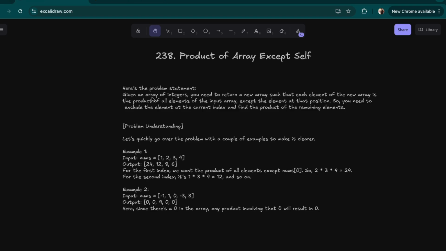We need to return a new array such that each element of the new array is the product of all elements of the input array except the element at that position. So basically what we need to do is exclude the element at the current index and find the product of the remaining elements. So let's get the question in a much simpler manner by taking an example,